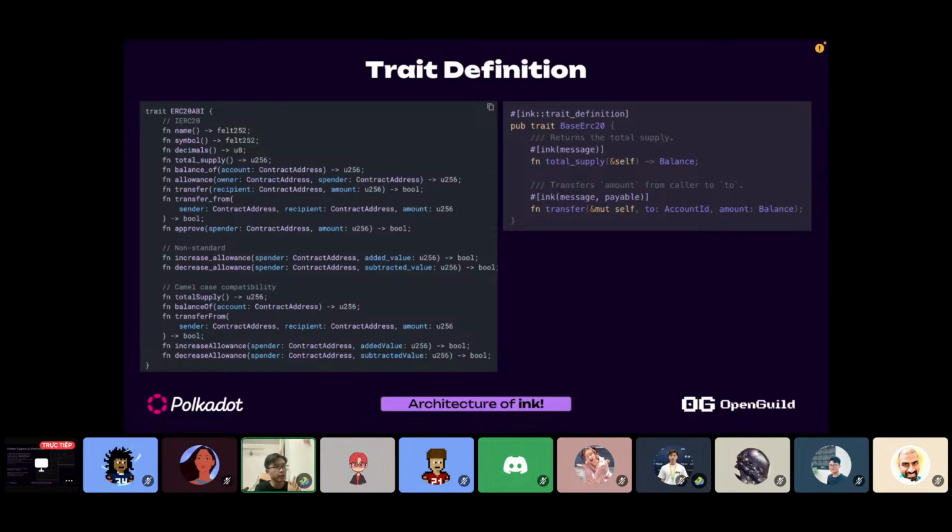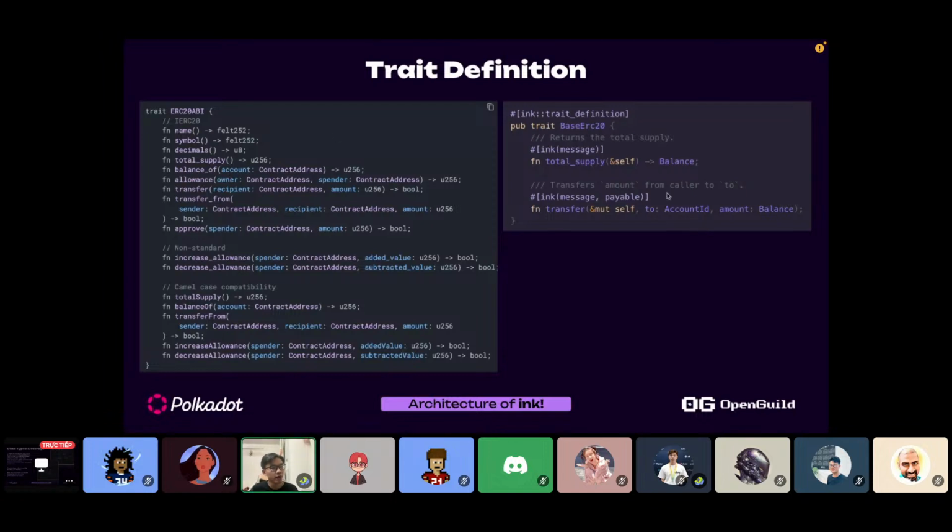So here, on my left hand side, as I remember, is the trait of the ERC20 API. When you develop on Ethereum and want to add ERC20 to your application, you have to use the ERC20 API. It provides a set of methods like name, symbol, decimals, total supply, or balance of. And